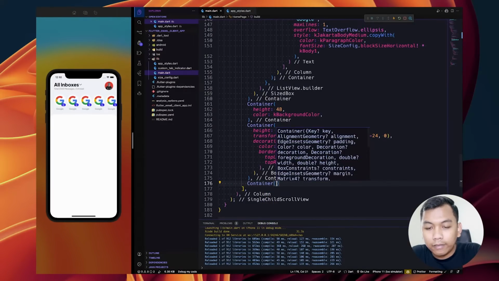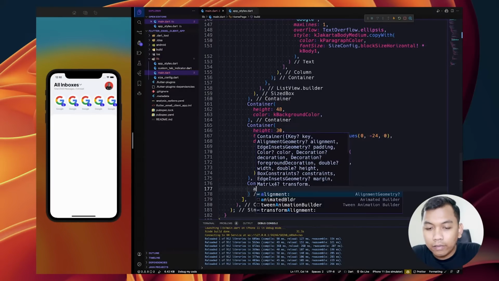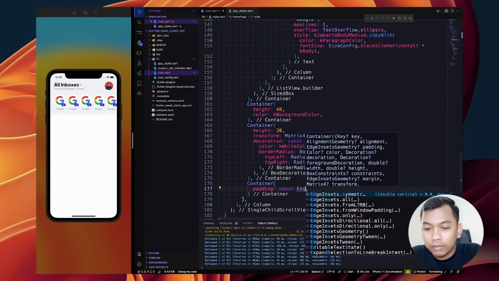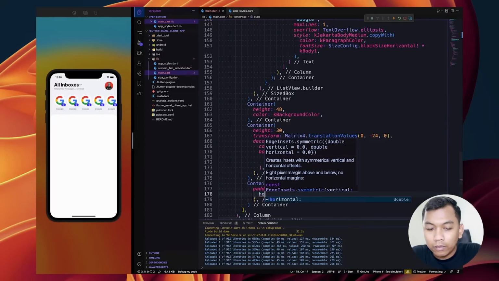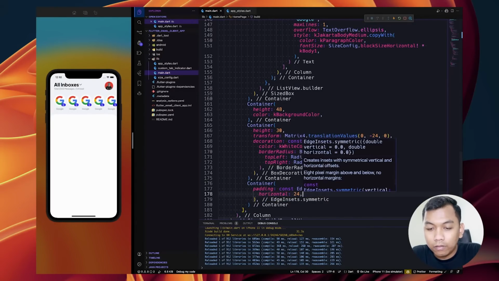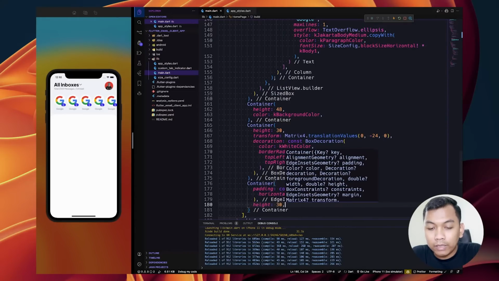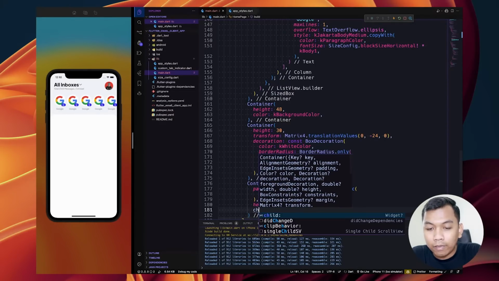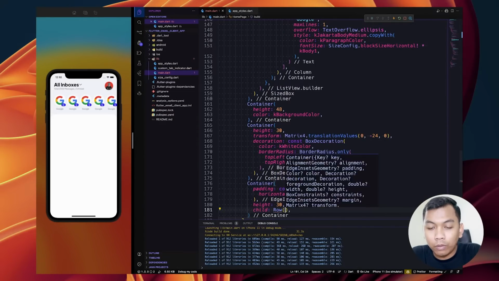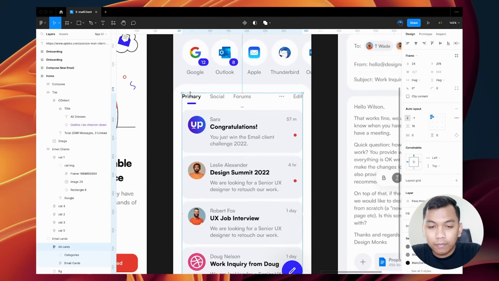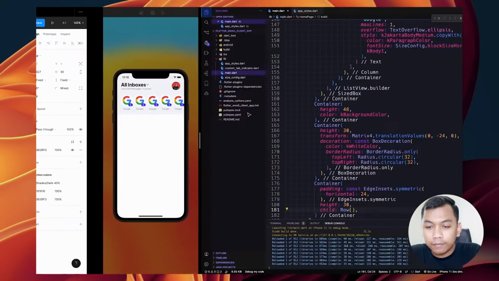Alright, and below this container, we will have another container, and we set the padding will be symmetric and horizontal to be 24, and we need to set the height to be 30, and for the child will be row widget because we want to add a tab bar here.